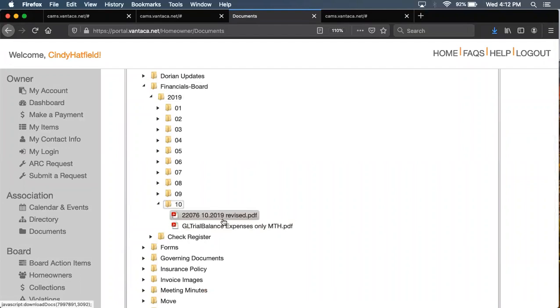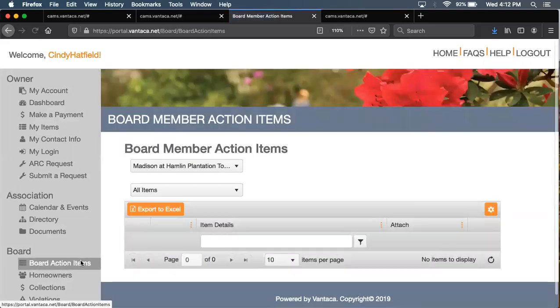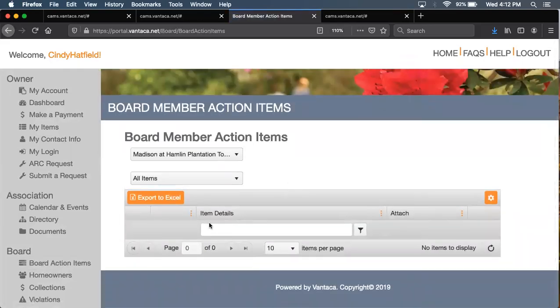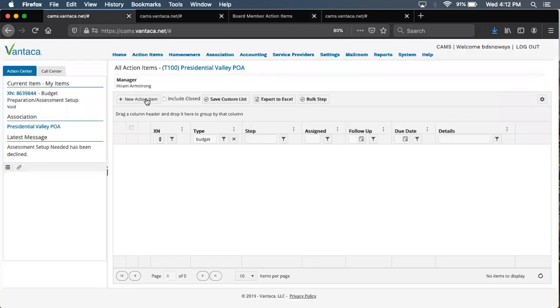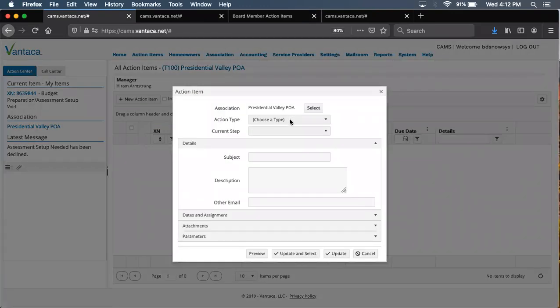So it might just be that she's looking in the wrong place. If she looks under board action items, is there anything there? That may be where she's trying to find them. Yeah, so board action items is only going to show her action items that are currently assigned to her. So for example, earlier, if you remember, we were talking about that budget prep action item. If you created that budget prep action item for Madison and you put it in board review, then that action item would populate